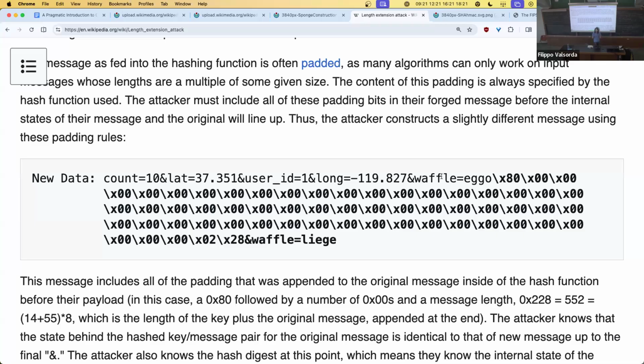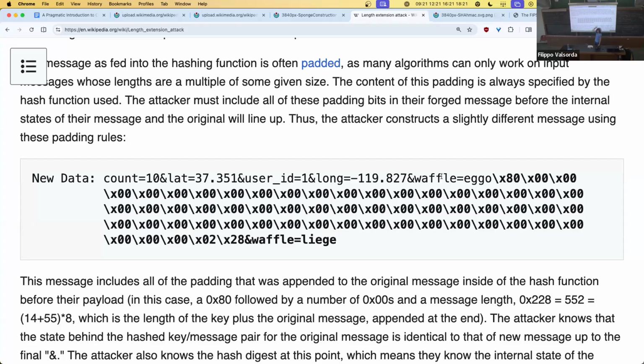Now, you're also relying a bit on how the message is going to get read, because this message will look weird to a human, but a computer is very likely to look at this message and say, okay, so count 10, latitude 37, user ID 1, longitude 119, waffle, egg 800000228, waffle, leave. And the second one overrides the first one.